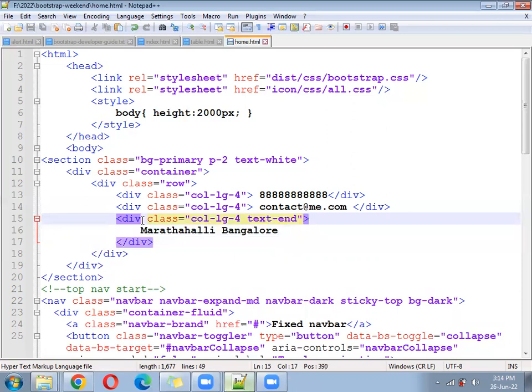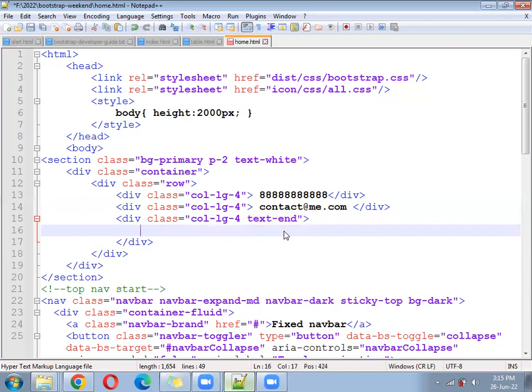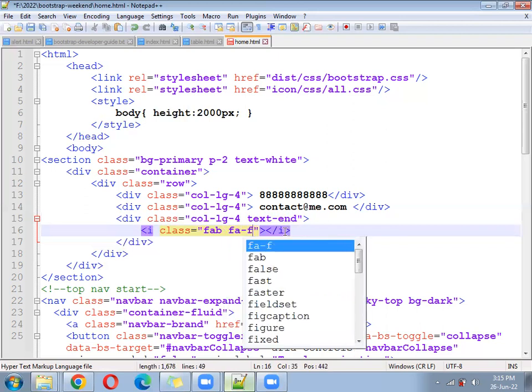Okay, under the text end, it will be written called text align right. So your content will start from where? Right side. Text first means where? Text start. Text start is the beginning. Text center is the middle. Text center. Now right here, I tag, follow class equal to, whenever you use the brand name, you have to write FAB, space, FA hyphen Facebook,